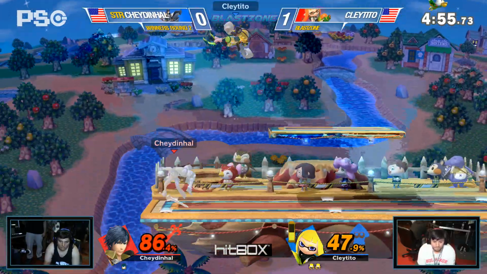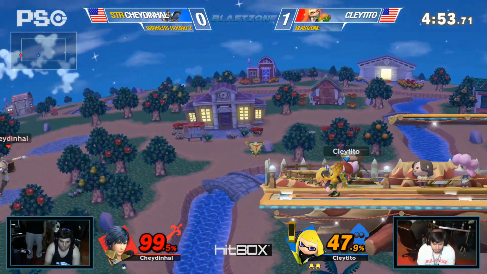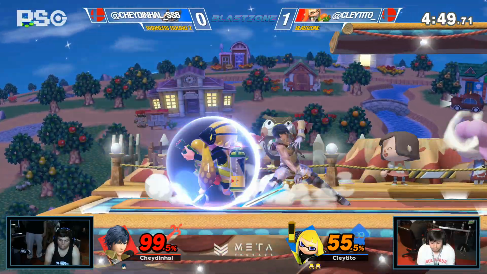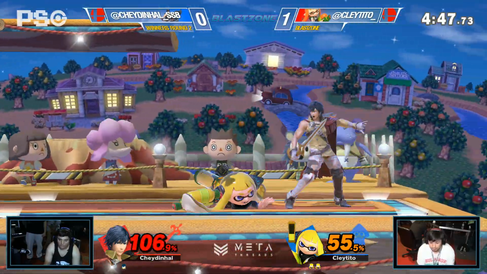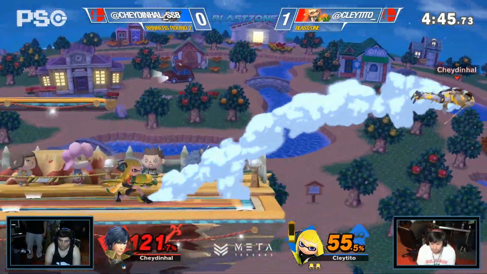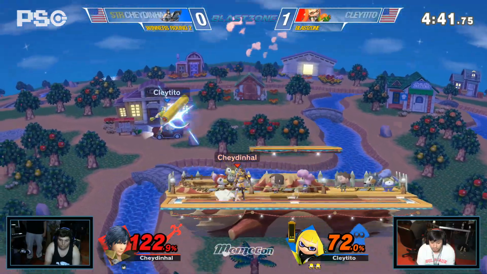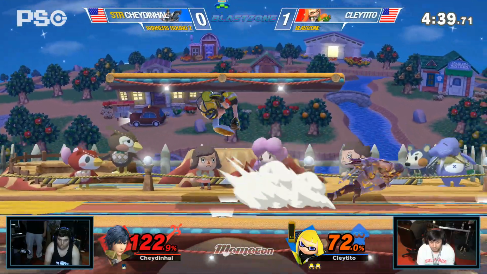It's interesting the differences between Chrom and Roy in this game, because Chrom gets basically everything that Roy does, just at a better range, whereas Roy gets different stuff at different ranges, but he gets kills much sooner. I don't know. It's an interesting difference. But so far,